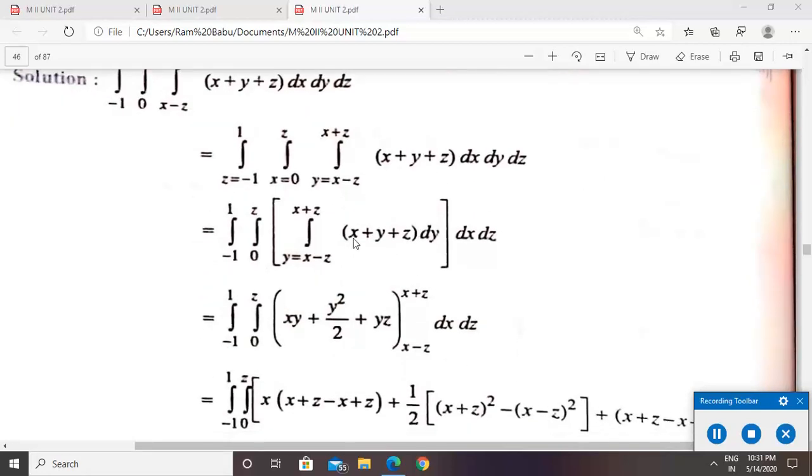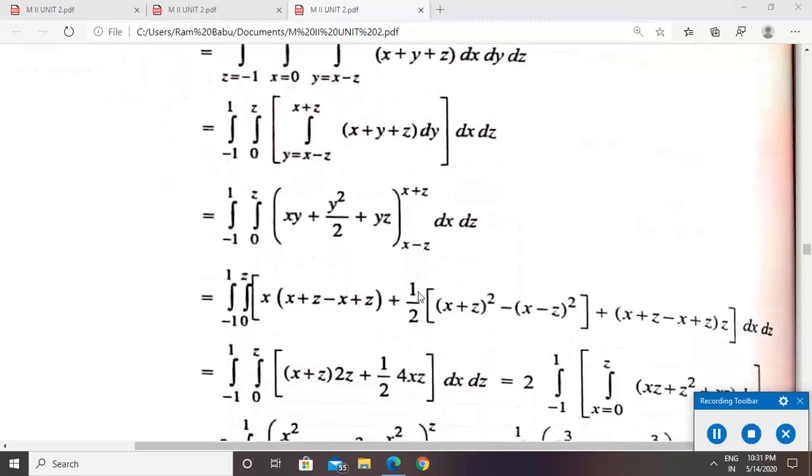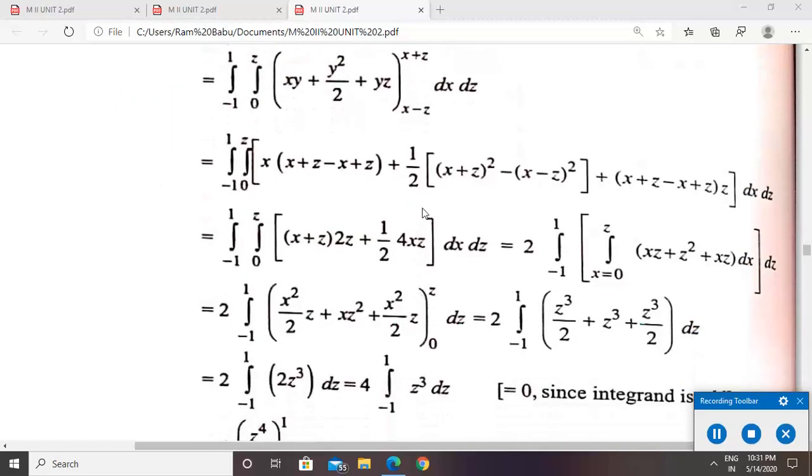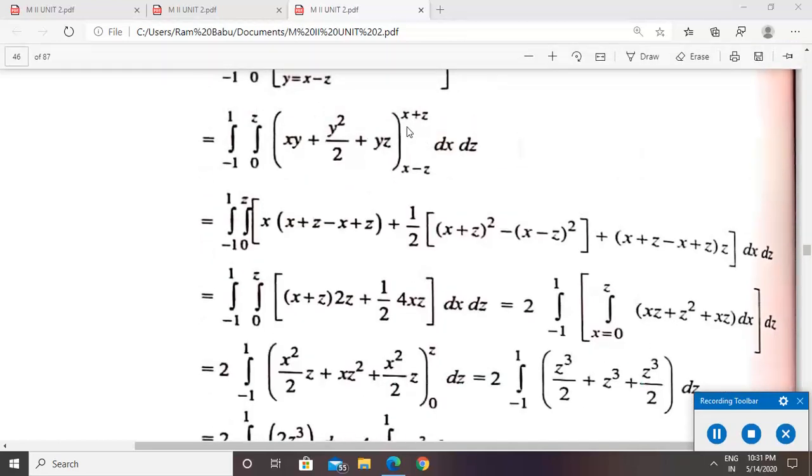Integral value of x with respect to y is xy, plus integral value of y is y square by 2. The integral value of z with respect to y is yz. Limits are x minus z, x plus z. Now after applying the limits, upper limit x plus z and lower limit x minus z, in place of y,